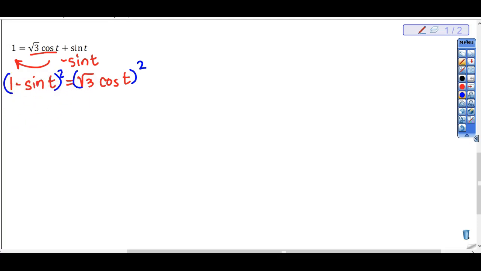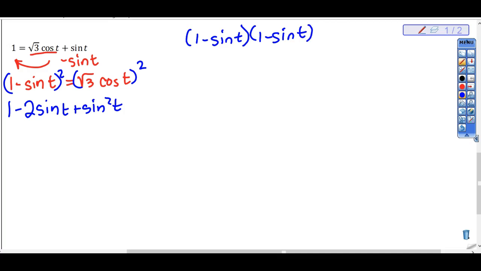Okay, so over here, you're squaring a binomial. Remember the rule. Square the first term, 1. Keep the sign, minus. And then 2 of these, 2 times 1 times sine t. And then square the second term, plus sine squared t. And remember, I gave you the formula for that to put at the top of your note page yesterday. Also, of course, you could do this. You could just do 1 minus sine t times 1 minus sine t and go ahead and distribute that, FOIL that out, and get your answer. Of course, you can do that. On the right,